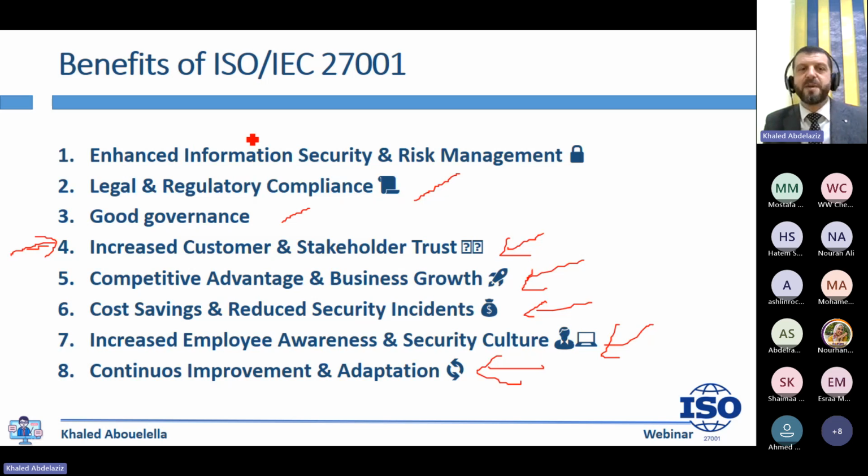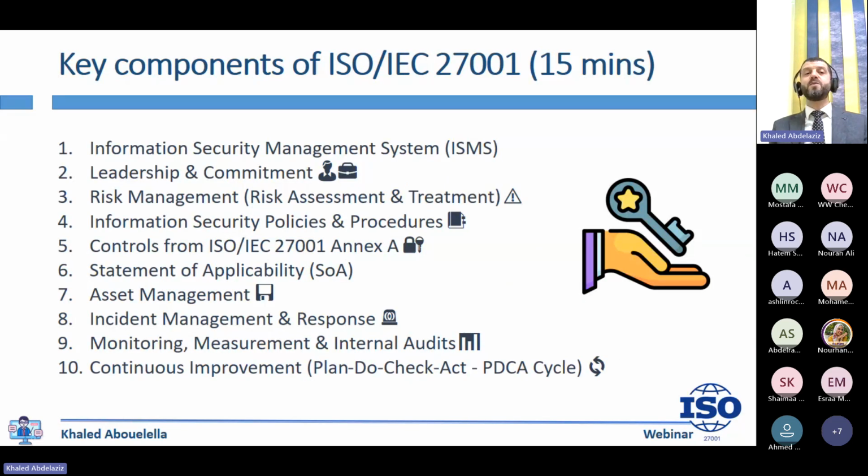You decided to implement ISO 27001. What is the first step? The first step before starting to implement ISO 27001 is to know the key concepts in an information security management system. An information security management system based on ISO 27001 consists of several key components to ensure effectiveness of risk management, effectiveness of the controls you implemented, and continual improvement.